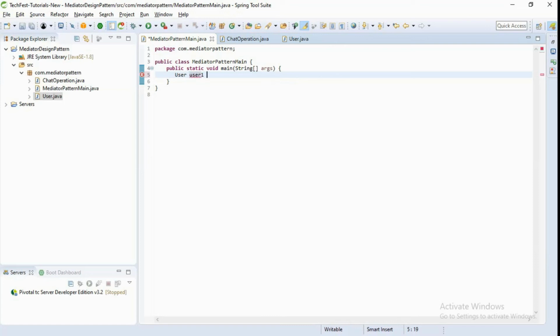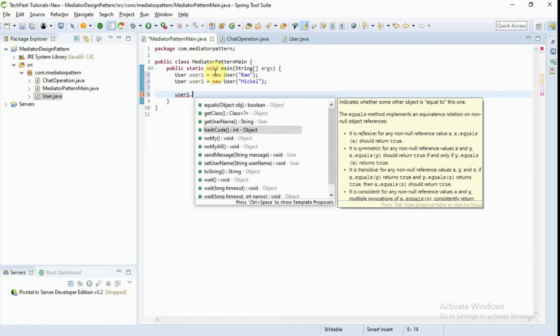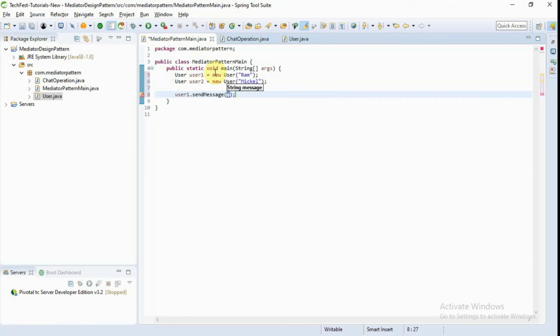User 1, a new user with the name Ram, and one more user called user 2 with the name Michael. Then user 1 sends a message, "I am using mediator pattern."